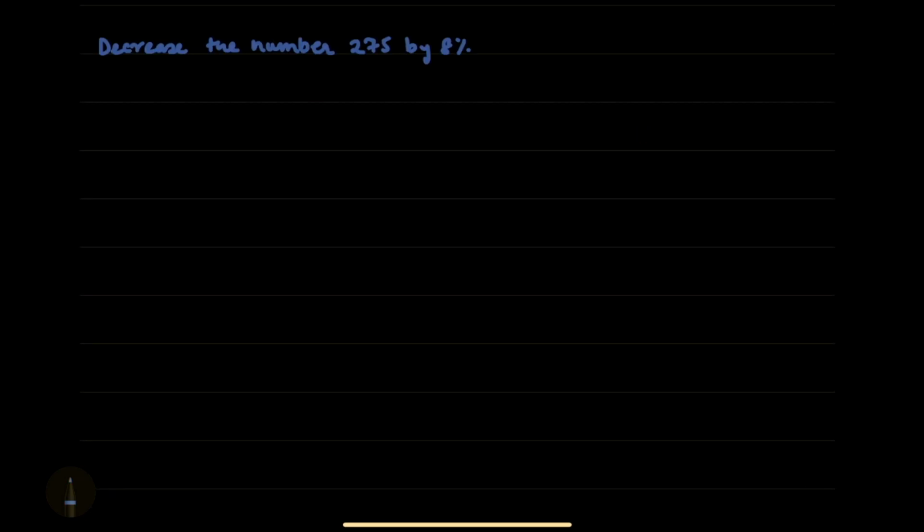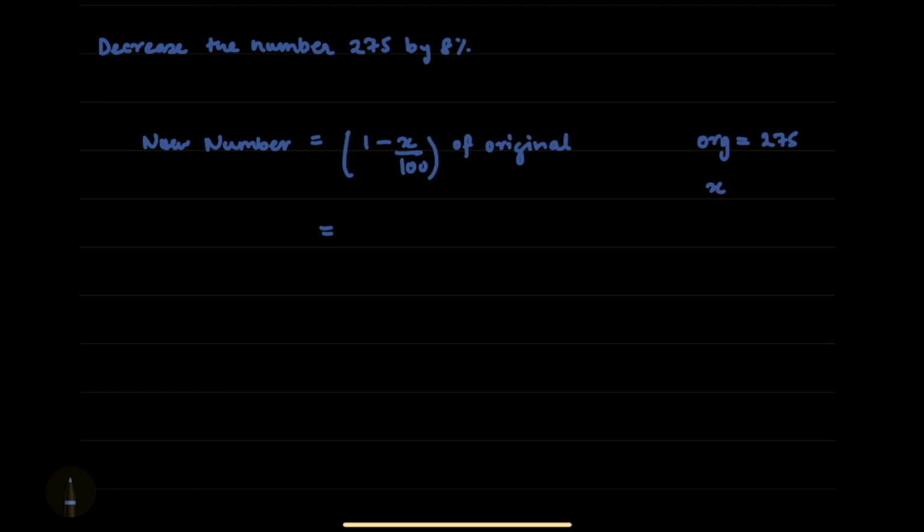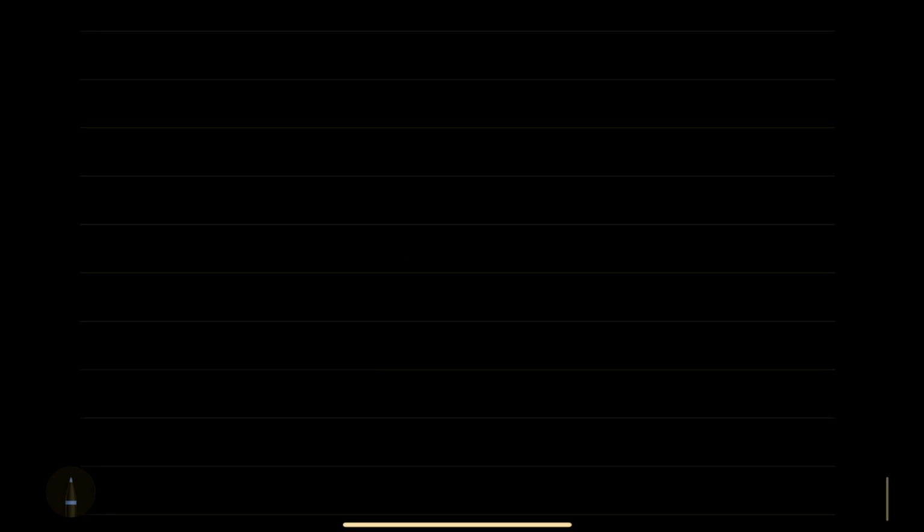Let's decrease the number 275 by 8%. The new number can be found from the equations above. Because we need to decrease the value, we'll use the formula 1 minus X by 100 of the original. Here the original number is 275 and X is 8%. So 1 minus 8 by 100 into 275, which gives us 92 by 100 into 275, which finally gives us the value of 253. Moving on,